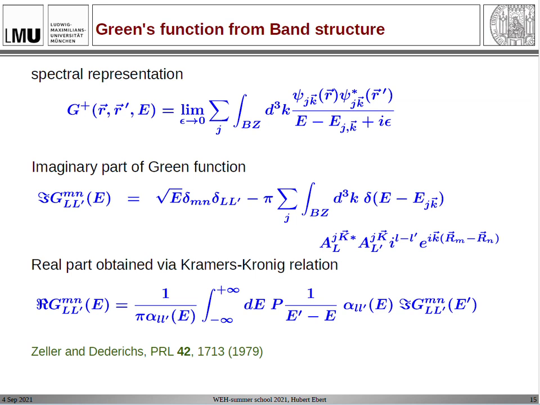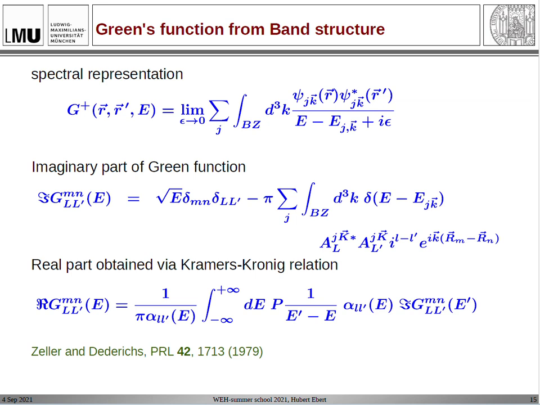In fact, it was done in practice. It was done in general by doing first a calculation for the imaginary part of the Green's function by some corresponding simplified expression to avoid all these numerical problems. And then in a second step, one gets the real part via Kramers-Kronig transformation. And this way, actually, in the 70s and beginning of the 80s, I think many Green's function calculations have been based on that procedure. That means doing first an ordinary band structure calculation,